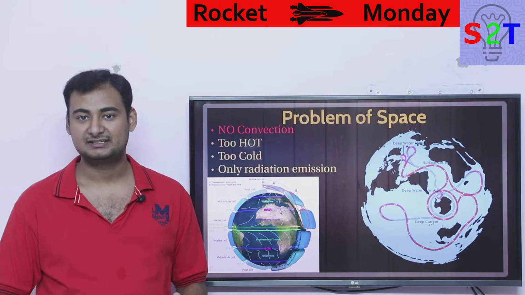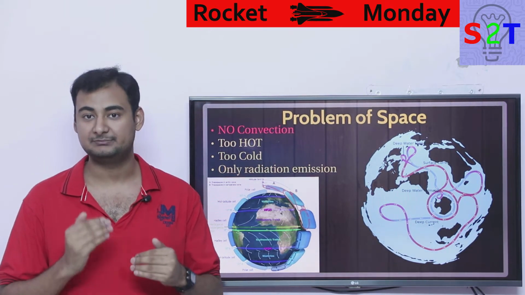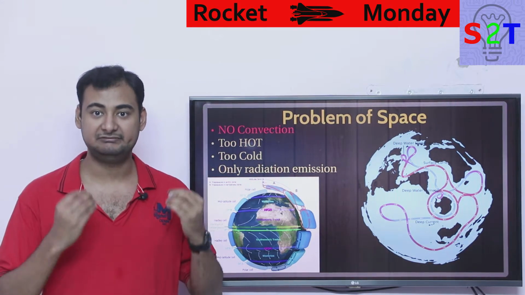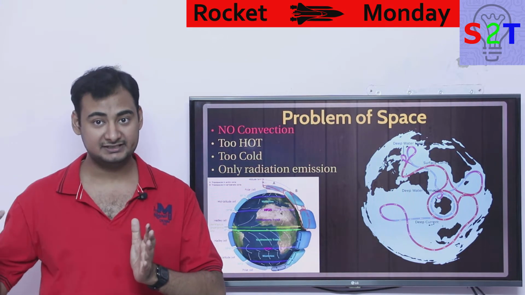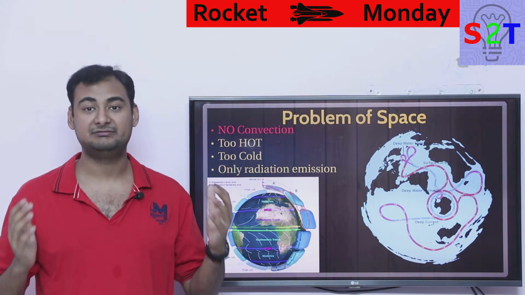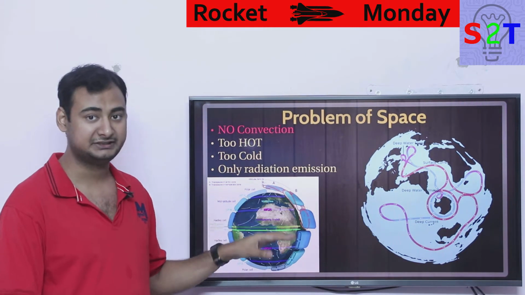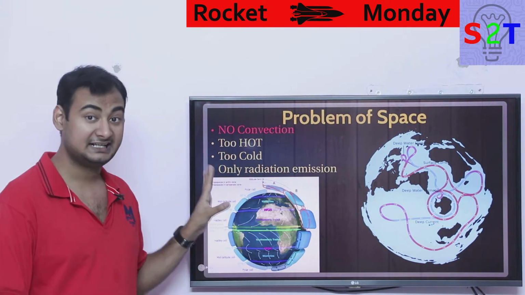Now first thing you have to understand: the sole reason Earth is even a livable, quote unquote habitable temperature is simply because we have convection. That is the one thing that is missing in space. Basically we don't have atmosphere that allows us to distribute heat from the day side to the night side. That is why we have a temperature that does not fluctuate too much, because atmosphere is carrying heat from equator to poles, heat from day side to night side, and on top of that alone would not be